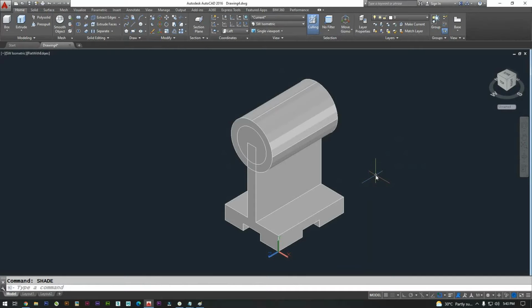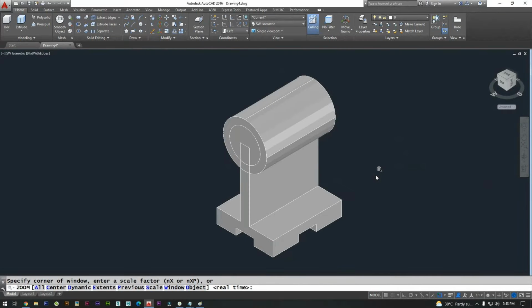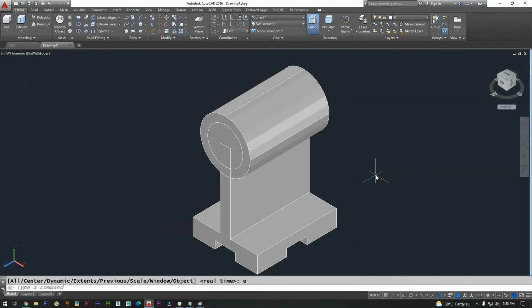If you closely observe, the UCS icon has changed. The Y is at the top, Z is at this side, and X is on this side. Because we are trying to draw the 3D shapes in different planes, like we drew in top view and we drew in left view, automatically the UCS icon will keep on changing. So have an eye on that properly.